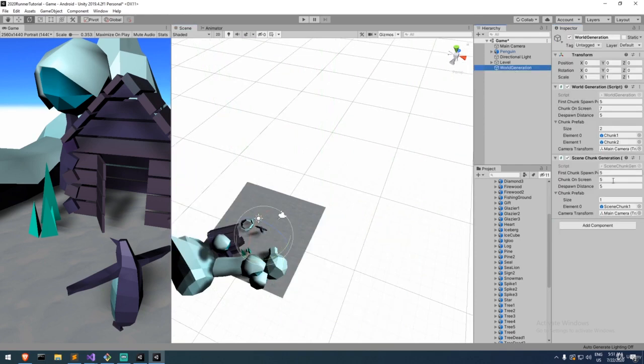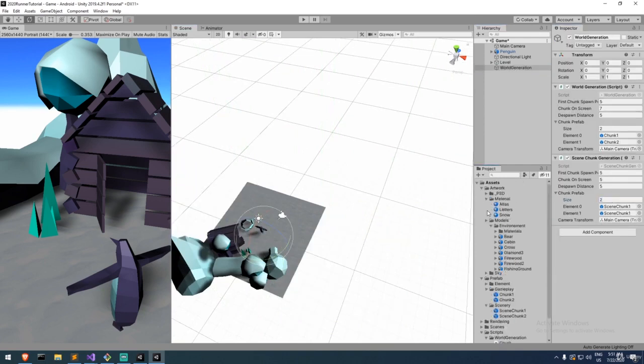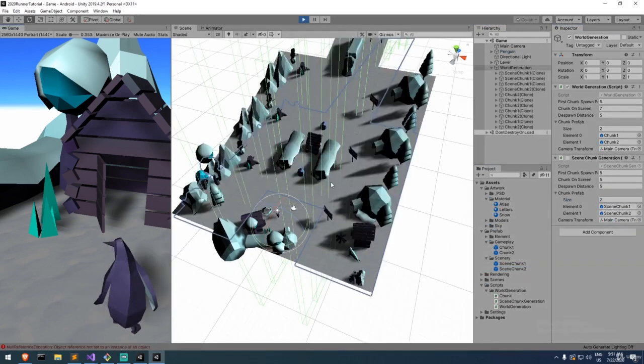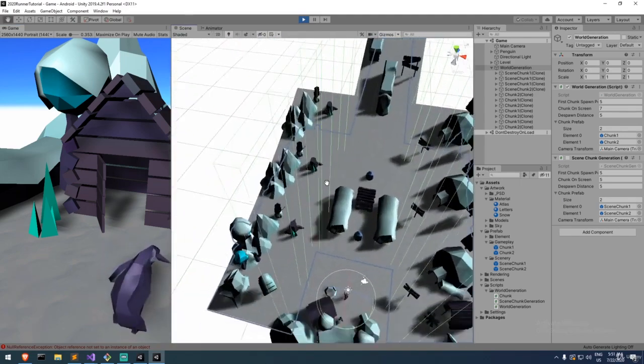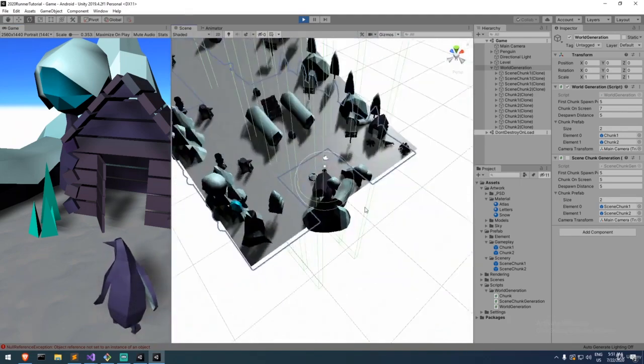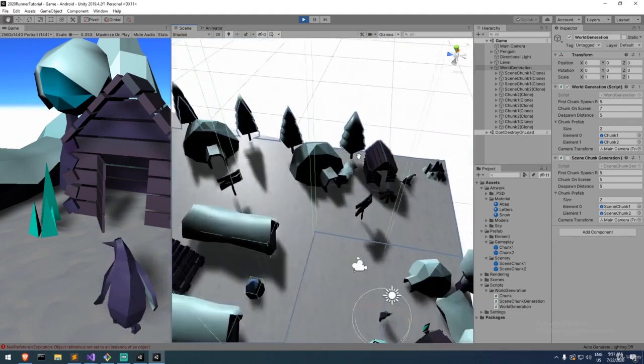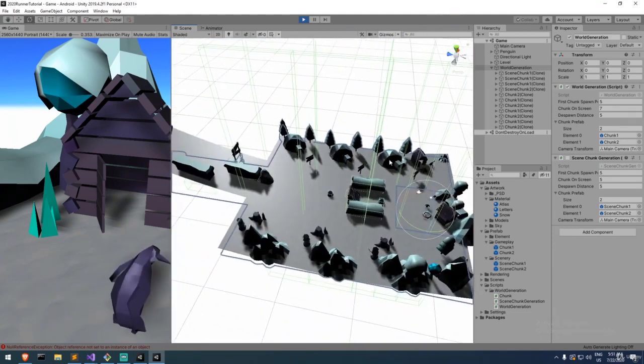I can now delete it. Go under my chunk generation. Say I have a list of 2. Drag and drop this in here. Press play, and we should be able to see 2 different types of chunks. And do we actually see it? Yeah, so the first one is the cabin, as you can tell. And then we're followed